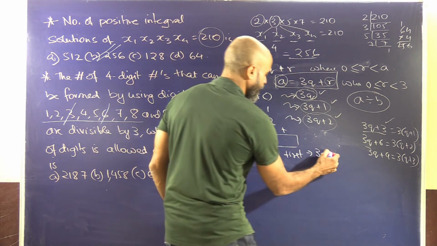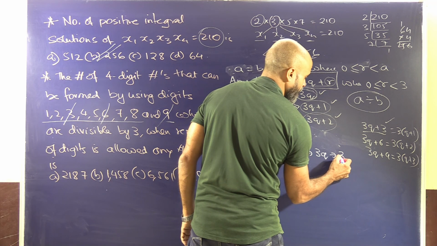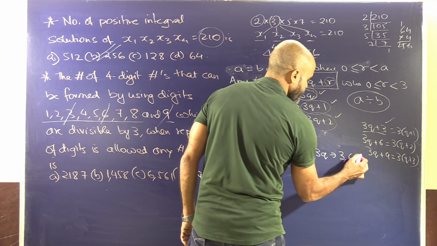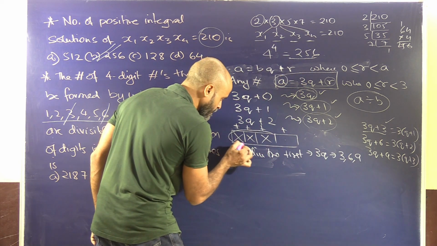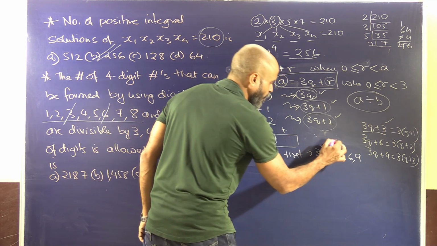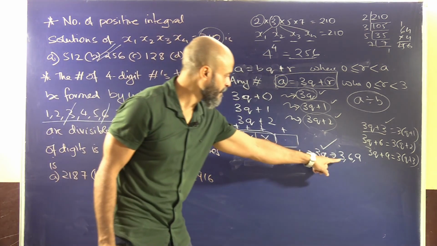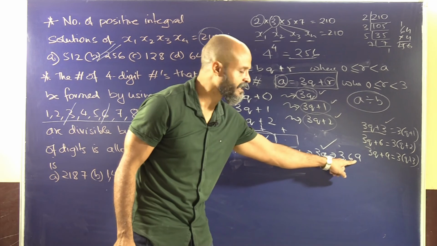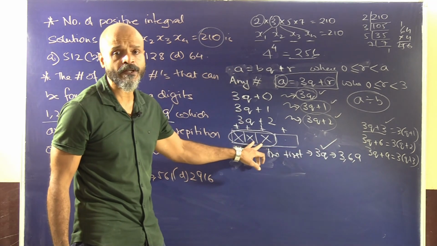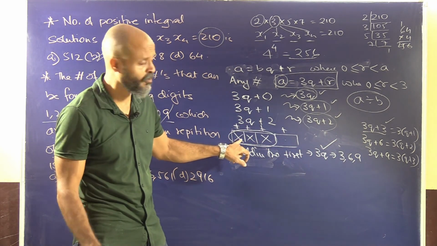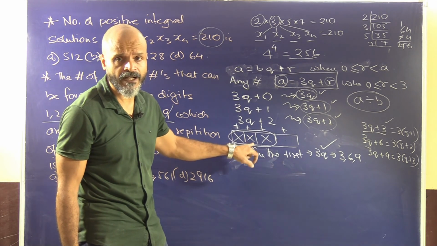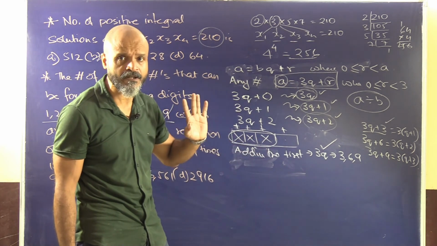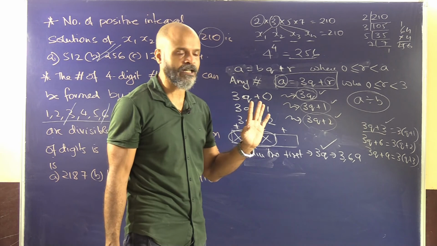So here we have 3 numbers which can be filled here, that is 3, 6 and 9, provided the sum of the first 3 digits is of the format 3q. We can fill the last digit with 3, 6 or 9, because anyhow the repetitions are allowed. So 9 numbers can be filled here, 9 numbers can be filled here, and all 9 numbers can be filled here. So we already have that combination.